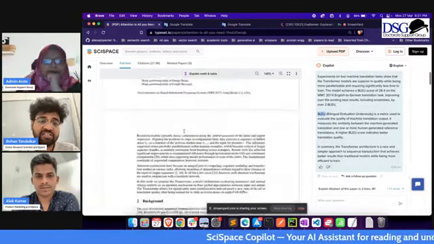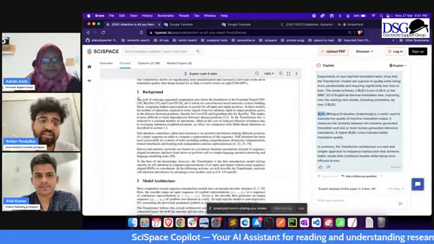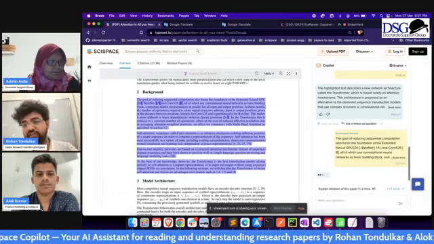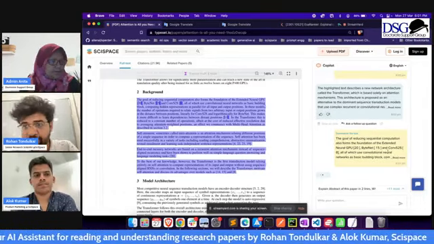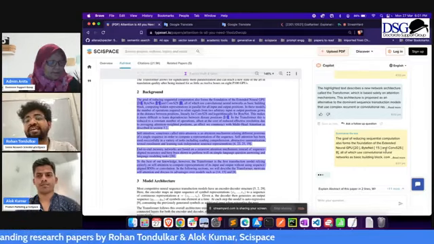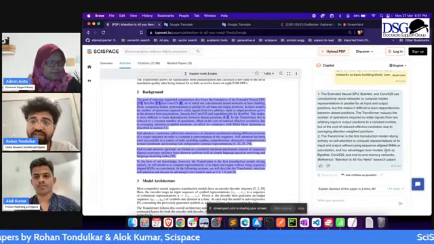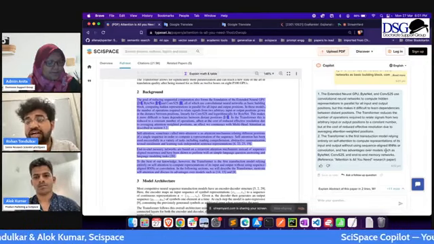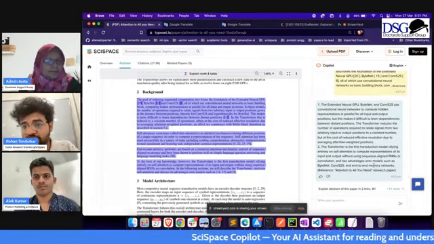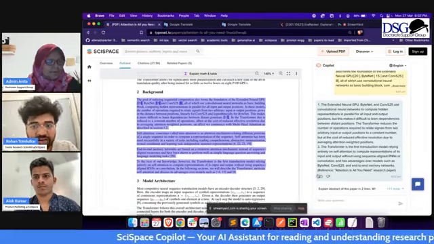Now, if there is a larger text, right? This is a background that I don't want to read thoroughly, but I want to quickly get a summary of it. You can generate a summary. So it solves both the purposes, to read something faster and maybe to understand something better. So summary, it's basically a 2-point summary, a short summary of the text, and you are done with that paragraph,